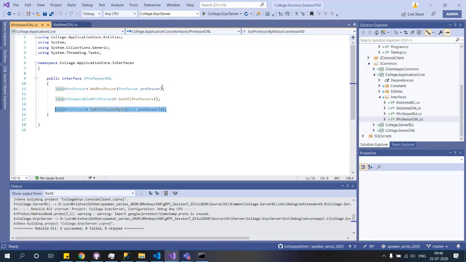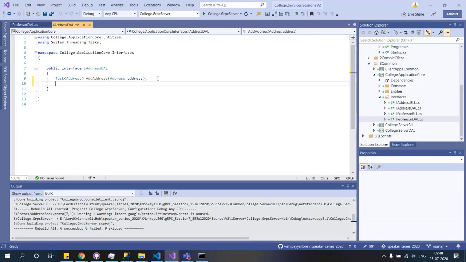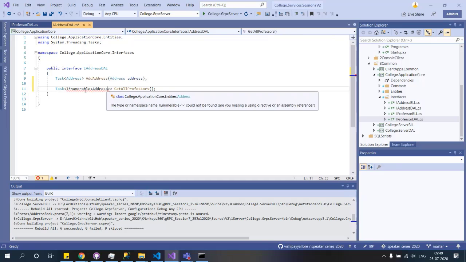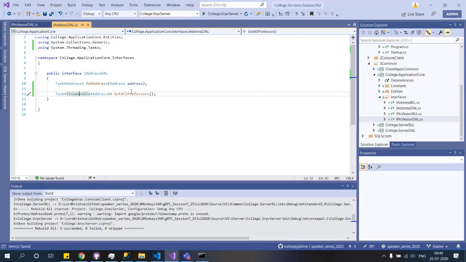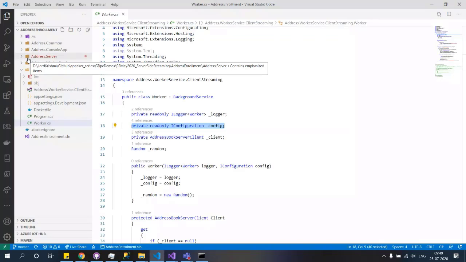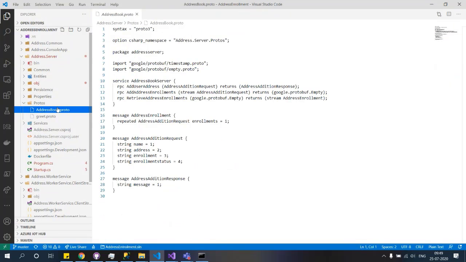Okay, it is something like this. Actually, given one ID, we are going to retrieve a set of addresses. Okay, so let's start with this. We need to bring in a set of addresses here, and I'm going to make this generic, and get enrollment statuses, or what is the name I've given to the service. Protos here, let me check.